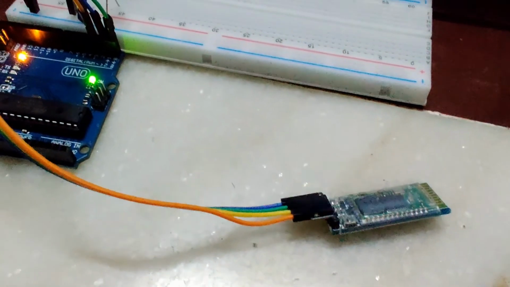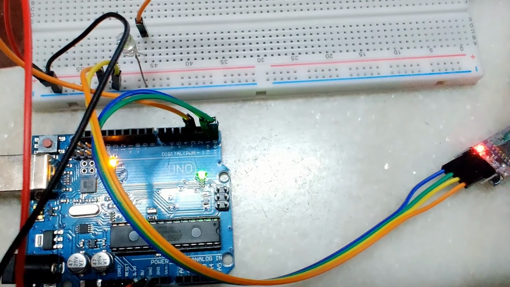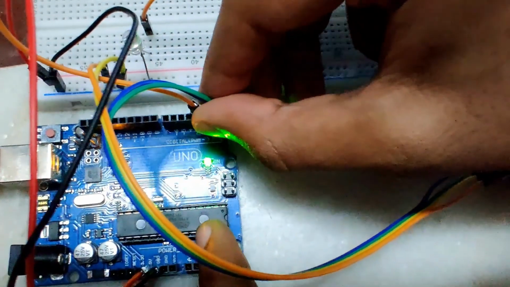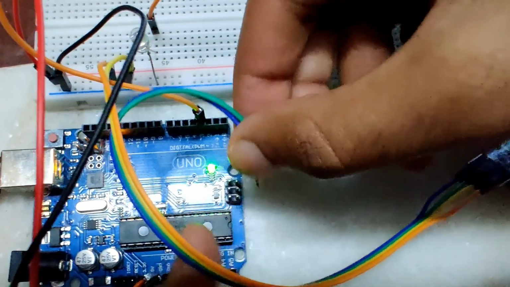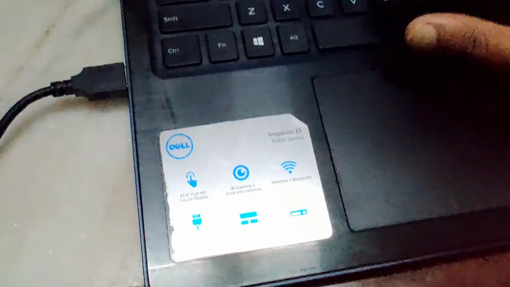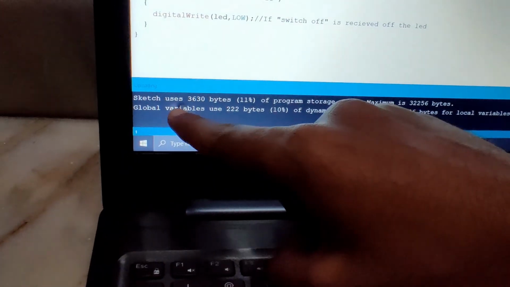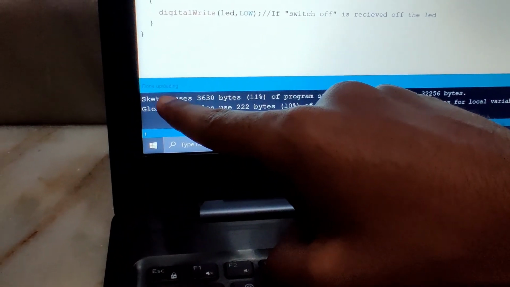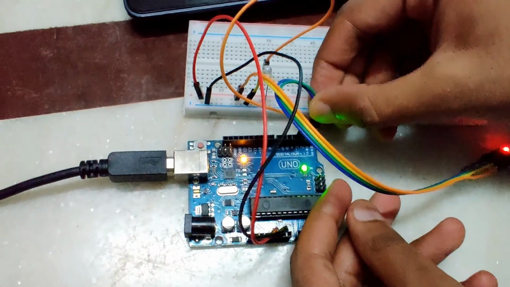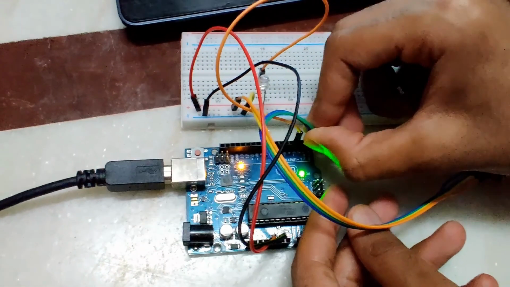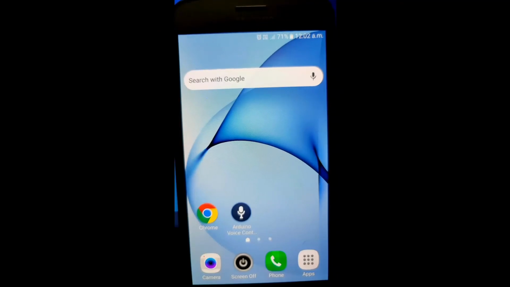That's the key that you need to do, and I'm going to remove it right now. I have just removed it, and you can see that I'm removing it quickly. Now if I try uploading with Control U, it will be uploaded within seconds, and you could see the result. It's uploading. Done uploading. That's all. It's all done. Now we can reconnect the TX and RX, and now we can see our app.